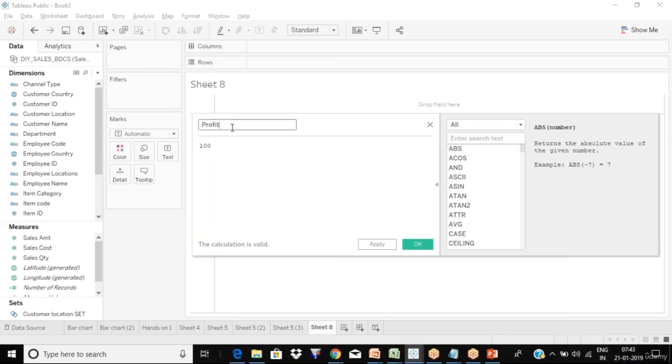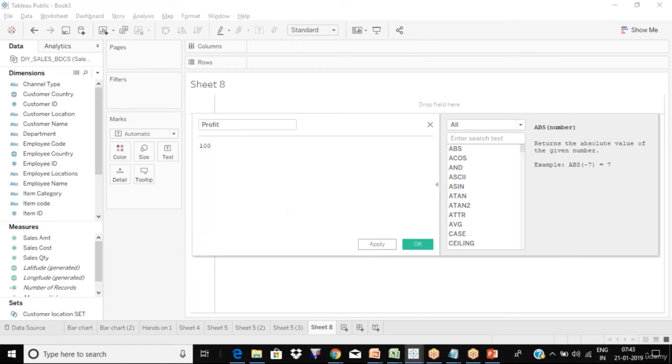So you're trying to create a new column called profit, and the value being stored is 100. Now you see at the bottom the calculation is valid. If you make any mistakes, it will show the calculation contains errors, right?